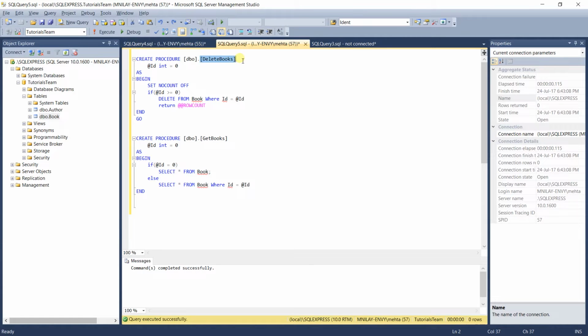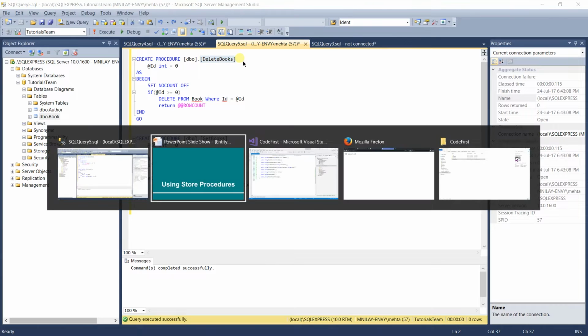And the DeleteBook stored procedure will take an optional ID as a parameter. If the ID is greater than 0, then it will delete the book of that ID and also return the number of affected rows. Let's switch to the Visual Studio